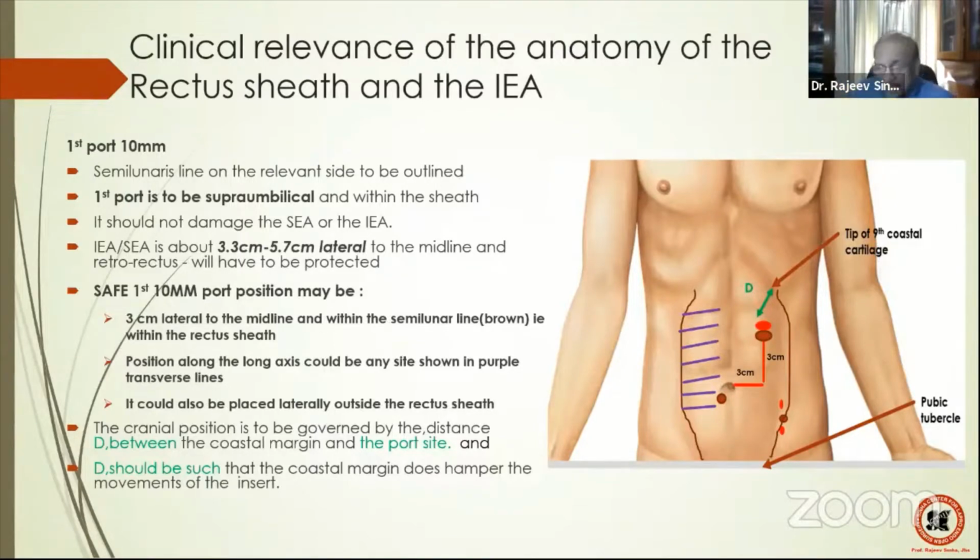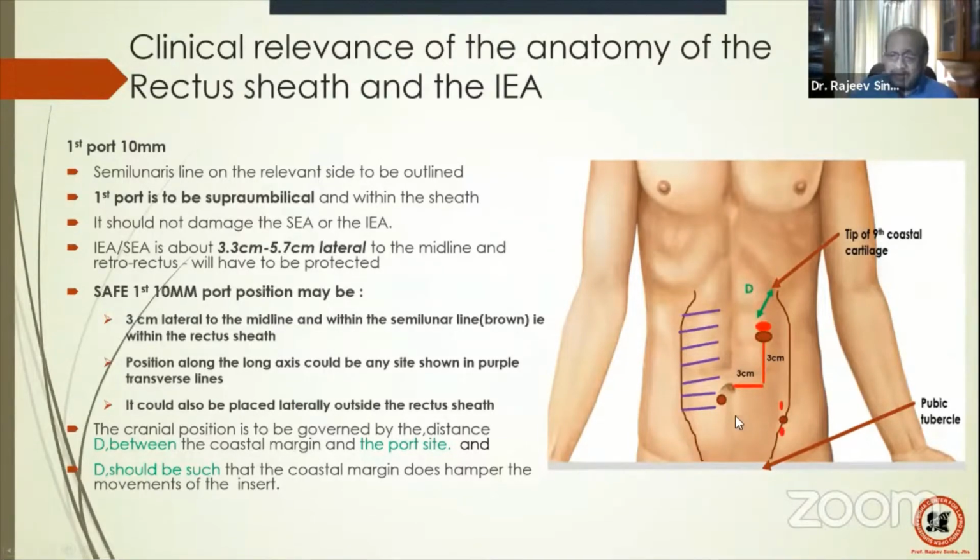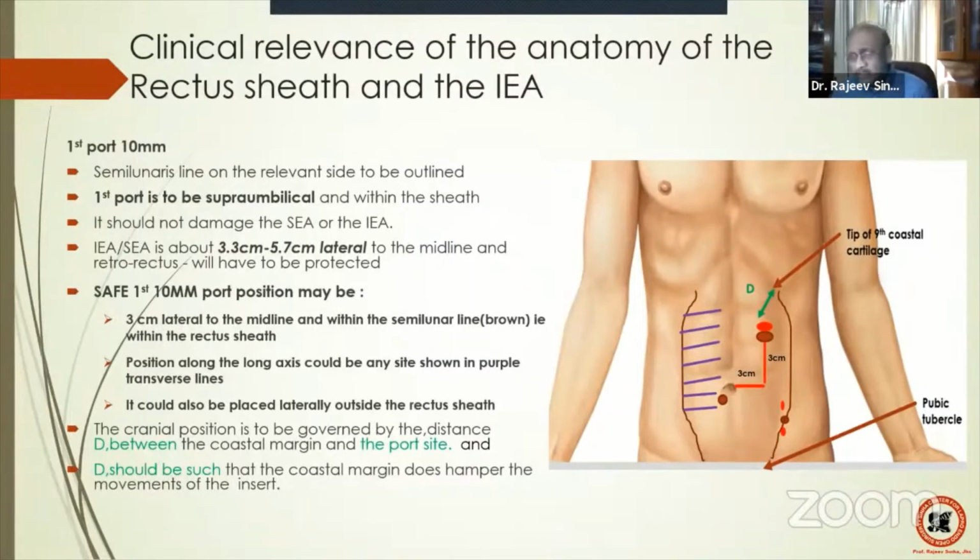If I have a bilateral hernia, I can easily manage by just putting a port out here, and then I can manage both things. So this port is going to manage this hernia, this port is going to manage this hernia. So bilateral hernias can also be tackled with these 2 ports, or I can remove this port and put a port out here to tackle this hernia. So just one port repositioning can help you even with a bilateral hernia. So that is important about the port positioning.